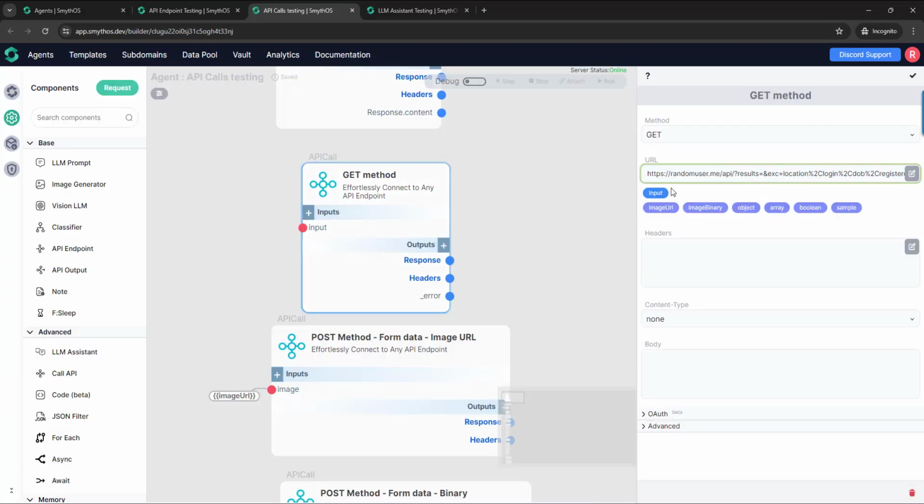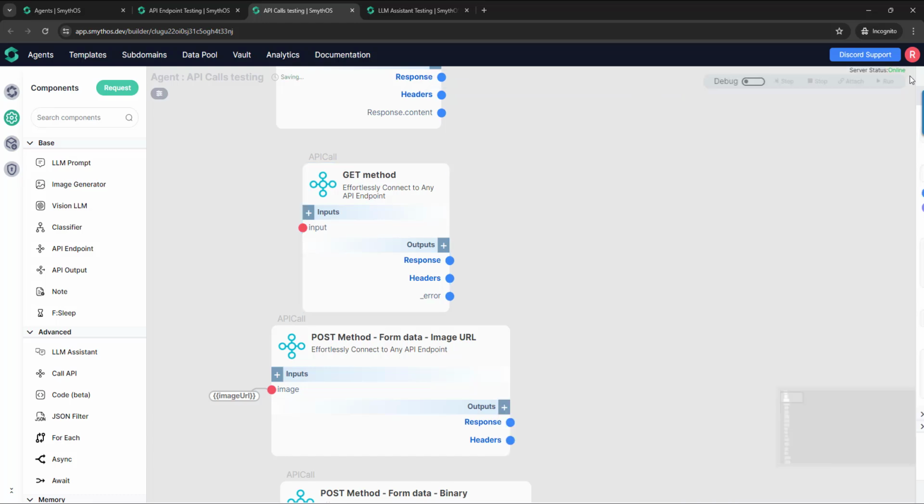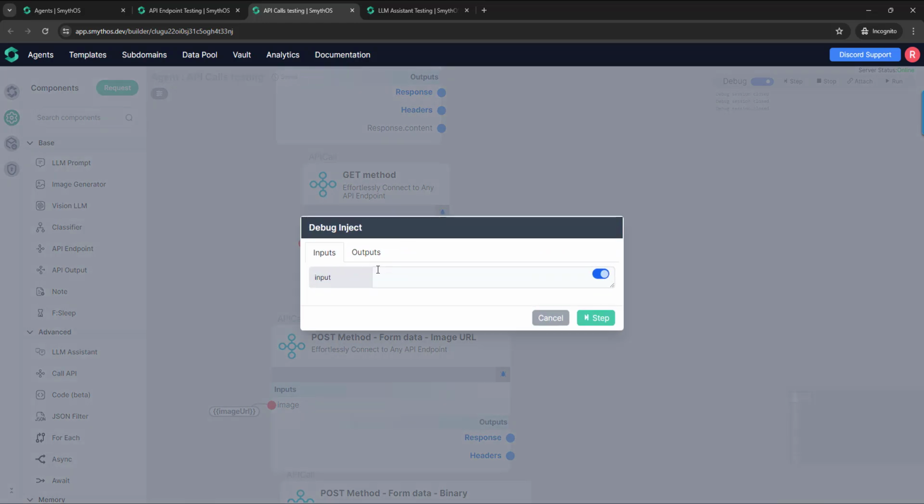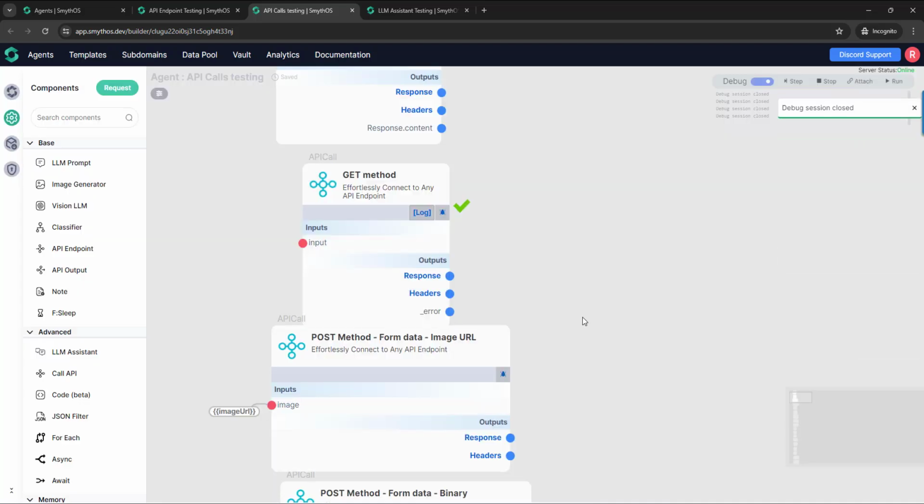So you're going to place that input here. To be sure that the information that we are sending to that API call through this input is correct, let's set the number 4,